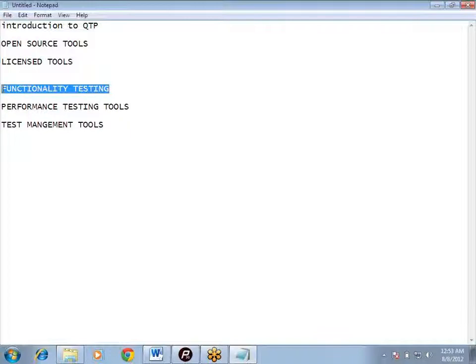Next is performance testing tools, like LoadRunner, which is available in the market. Here we check the application under customer expected load. Suppose my customer says that my application is going to be visited by 2000 people at a time, then I should check that if 2000 people are accessing that application at the same time, my application should not crash.